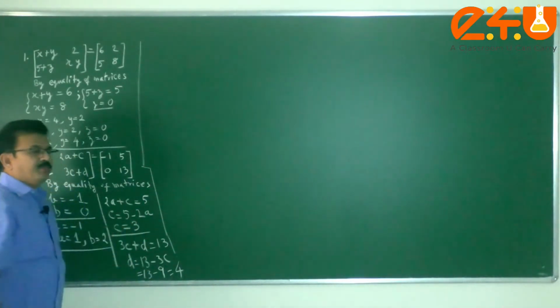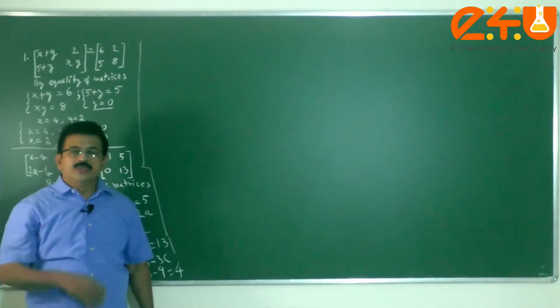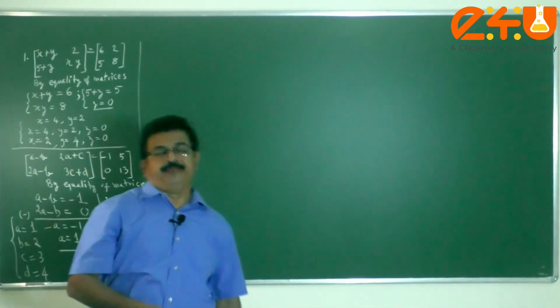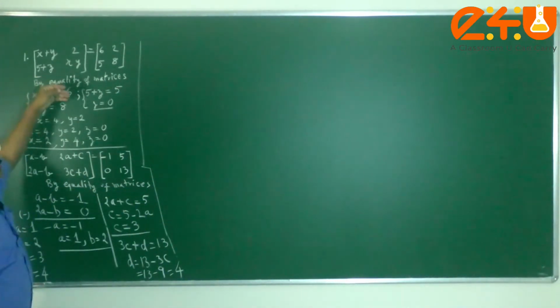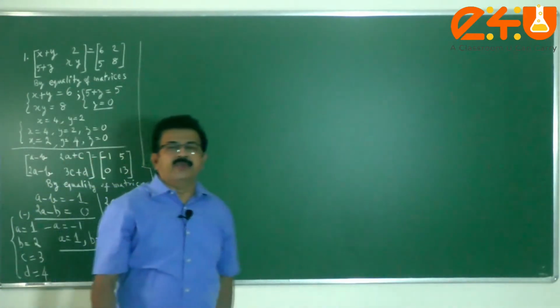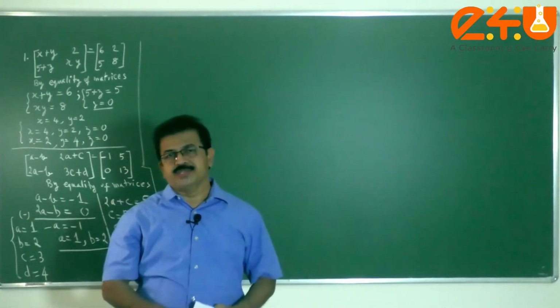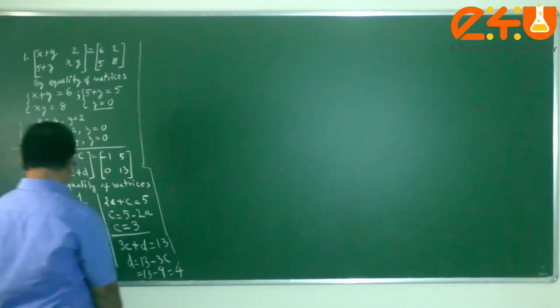We applied the principle of equality of matrices. Now we are going to solve for the matrix itself. Here you are solving for individual unknowns within the matrix. Now it so happens you are given a linear equation containing 2 matrices and you are expected to find the matrix.